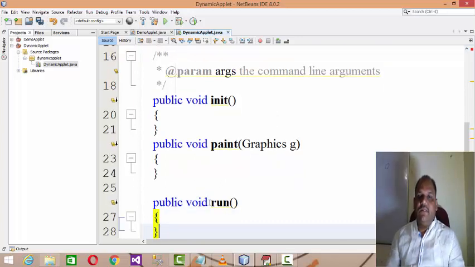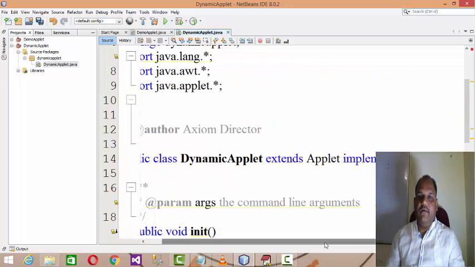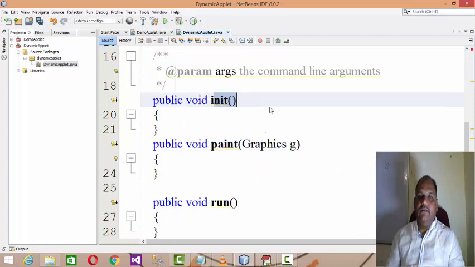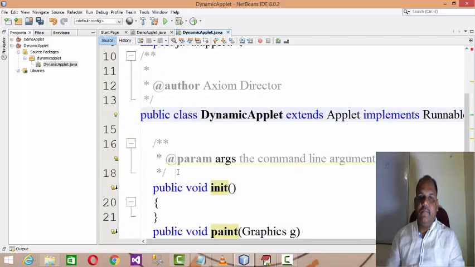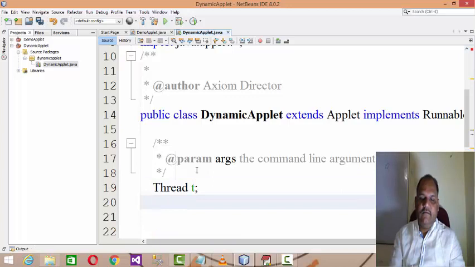Run method is actually like an abstract method in the Runnable interface, right? And paint and init are the life cycle methods of an applet. Now what is the requirement over here? As I already explained, you have to create the object of Thread t, and dynamic x and y coordinates,